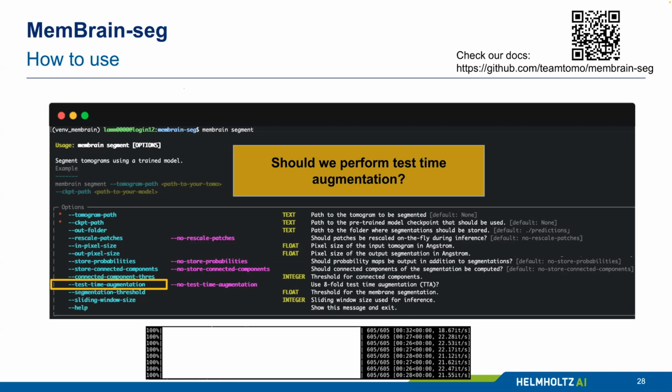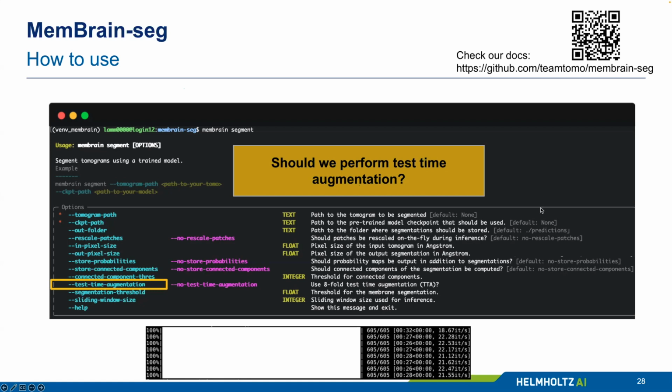into the model, and then we combine the output of these with the intention that this just makes the predictions much more robust. So I think this will improve the segmentation performance by a bit. And I would normally recommend to use that, but if you're really after a very quick segmentation, or you have to segment a big data set, then maybe you want to turn this off by setting the no test time augmentation flag, which will speed things up by a lot because you just run through this bar once instead of 8 times.